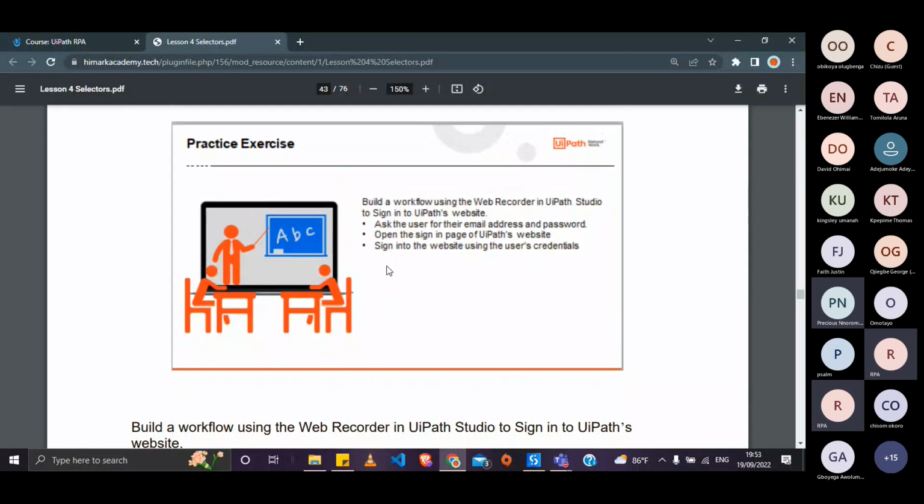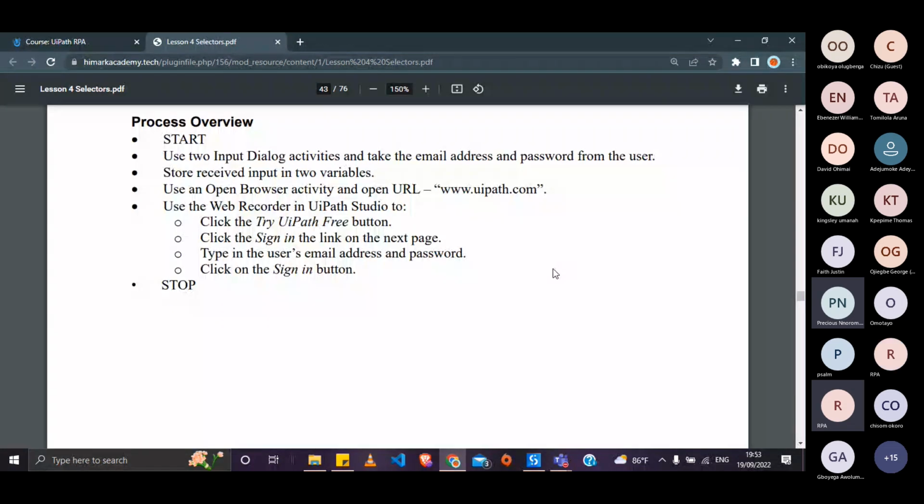Okay, now there's an exercise for us to perform. We want to build a workflow now using the web recorder and UiPath Studio, and then sign into the UiPath website. Ask the user for their email address and password. Open the sign-in page of the UiPath website and sign in to the website using the user's credentials. Okay, now so let's all build this